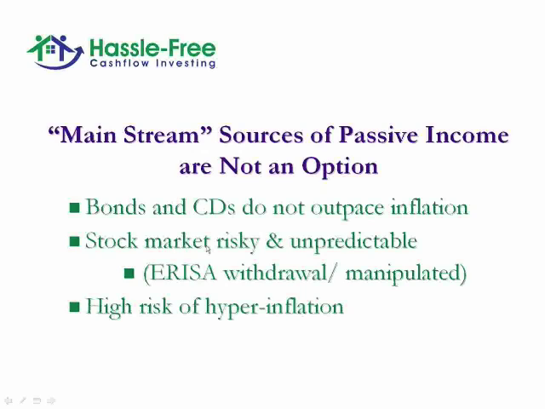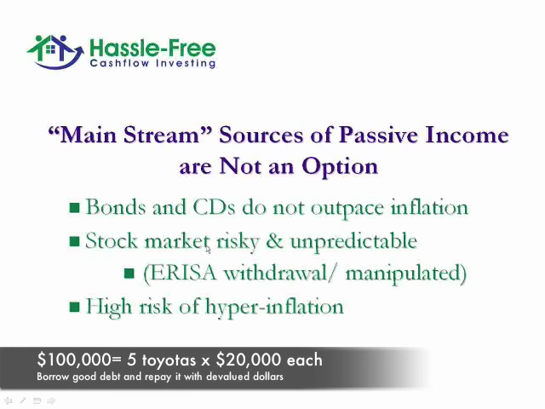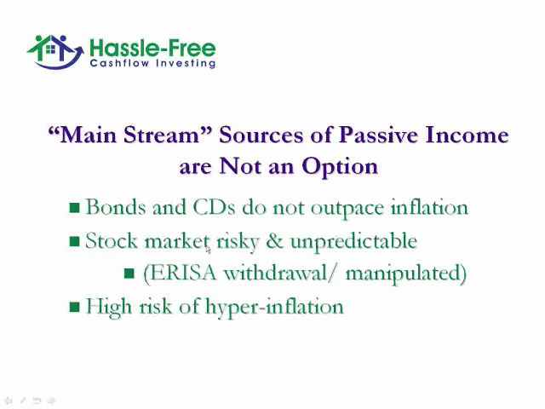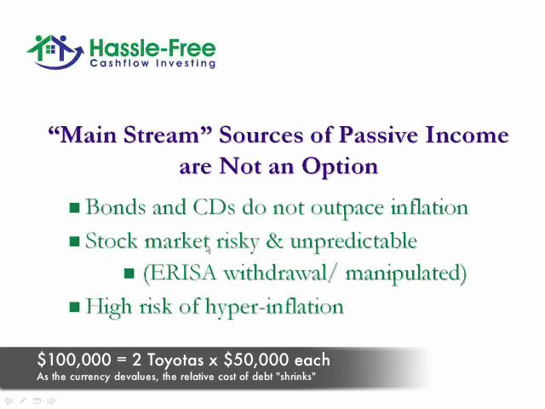And when that does, you want to be well positioned in real estate, which benefits from inflation, and leveraged real estate. You want to have good debt against your property, so positively arbitrage debt, so a cap rate that's higher than your interest rate, because you can pay that loan off with cheaper dollars. You might borrow $100,000, which is 5 Toyotas, and if a Toyota is $20,000, then that makes sense. 5 Toyotas, $100,000. You could potentially pay off that $100,000 loan with 2 Toyotas, when a Toyota costs $50,000. And the only thing that happened is our currency devalued.